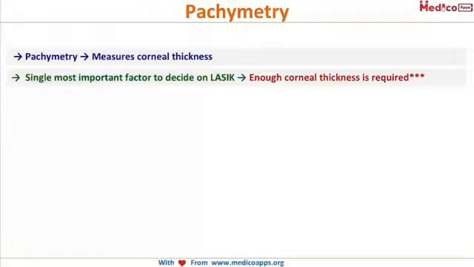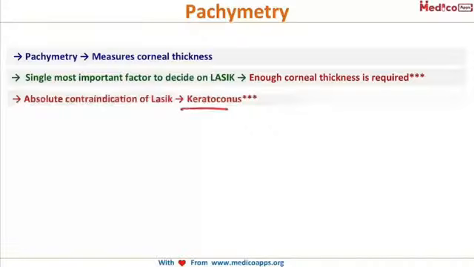So there is a stipulated amount of thickness that is required so that you can call a patient eligible for LASIK surgery. However, an absolute contraindication for LASIK surgery is keratoconus. Please remember this, it can be asked. An absolute contraindication, straight away you reject it if the patient